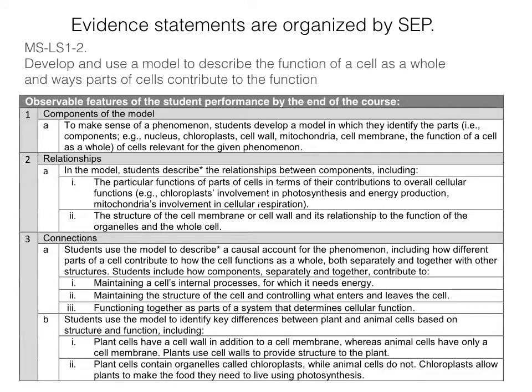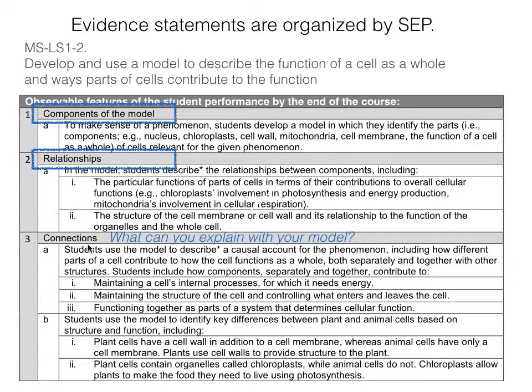We'll try another one from middle school life science. Develop and use a model to describe the function of a cell as a whole and ways that parts of a cell contribute to the function. Again, it's pretty obvious which SEP we're looking at for this performance expectation. That's develop and use models. So how does the evidence statement tell us what are the things we need to be looking for there? Well, we should be looking for the components of the model, the relationships between those components, and then lastly, this,